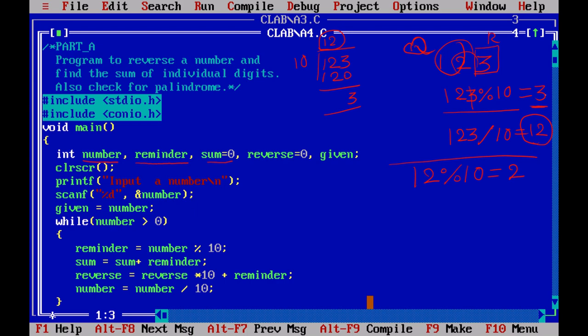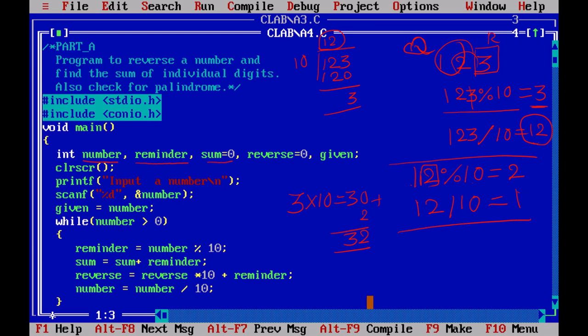Now I want to make this 3 and 2 as 32. To make this 32, I will multiply 3 by 10, that is 30, plus this remainder 2, which becomes 32. Correct? That is what we will be doing. Now I got 32. Once again I remove this 2, so the balance should be 1. So 12 divided by 10 is equal to 1.